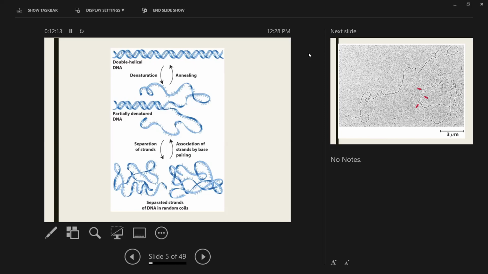At that point in time, we have DNA in random coils. This phenomenon is called DNA melting. At what temperature? Depends on the helix, because length matters and percent GC content matters too. The higher your percent GC content, the higher your melting point. The longer, the higher the melting. What's the ballpark range, then?